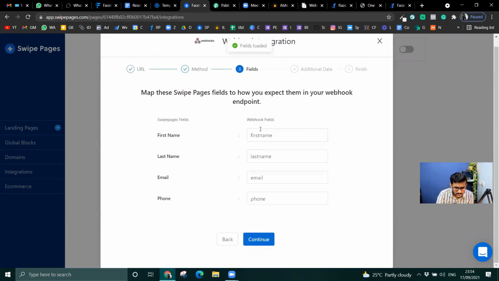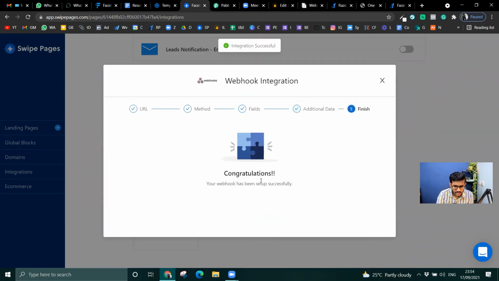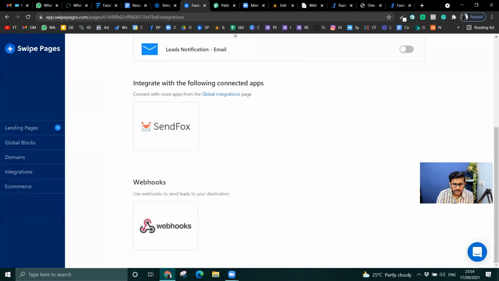Okay, cool. So I've got first name, last name, email, phone, continue. Additional values, no. Congratulations, your webhook has been successfully set up. Wonderful. So I've set up here.